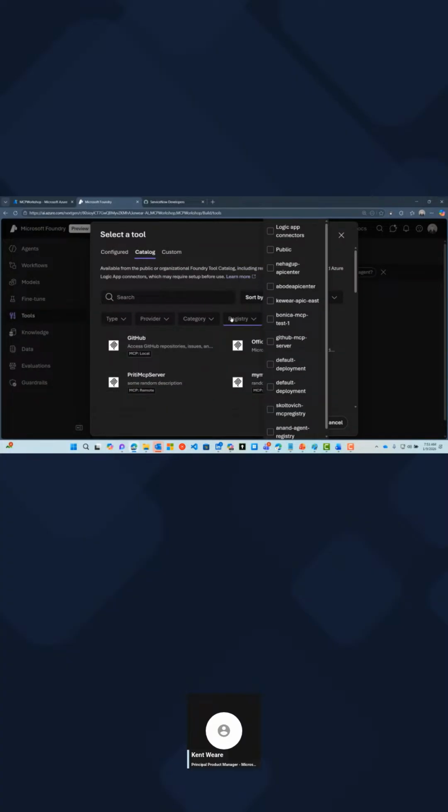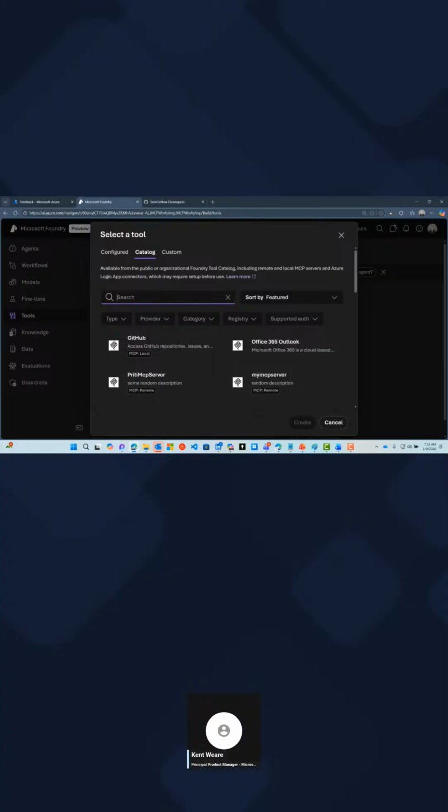Now, what's also kind of interesting, we talked about API Center before, and we can actually plug into those registries here as well. So we might have our API Center instance that we want to connect Foundry to and can go ahead and do that. Now, what I had created before is in a different tenant, so we don't see that listed here, but that is an option. We could just also select on Logic App connectors, or just another way to address this is to just search for the connector that you're interested in. Now, I'm going to go ahead and build some tools with ServiceNow. And so that's where we'll go ahead and select ServiceNow.